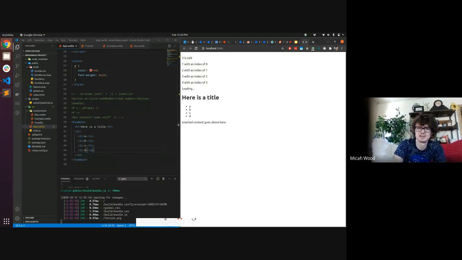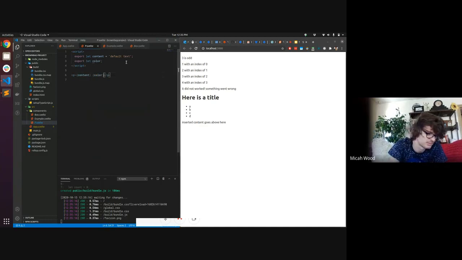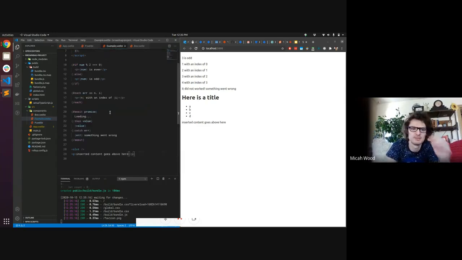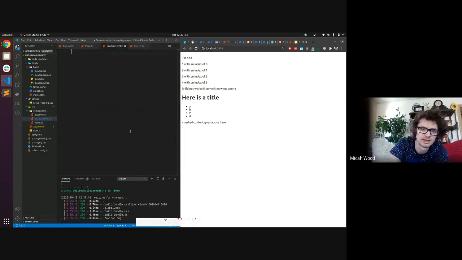And you can see all of that stuff got inserted where we put that slot. And it does have support for a couple other things. So you can name them. So say we wanted this to be more of a contact card. So let's say we've got